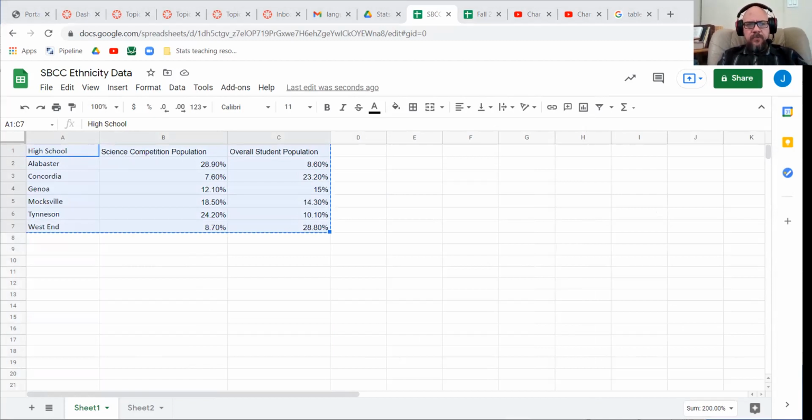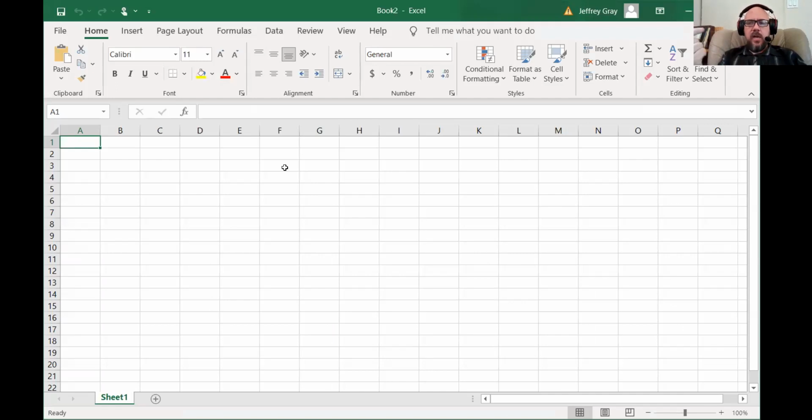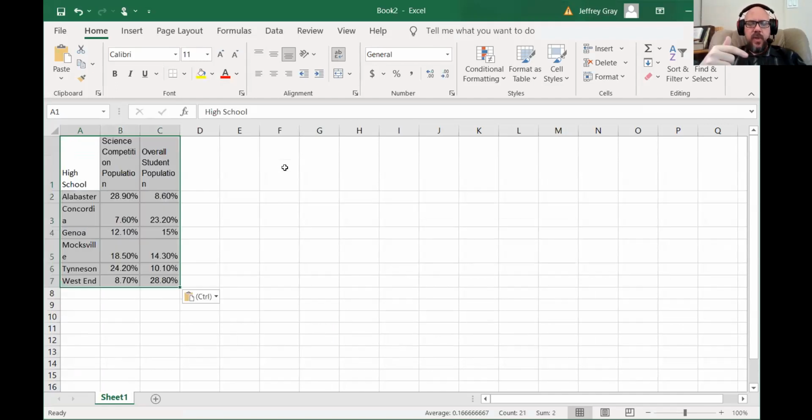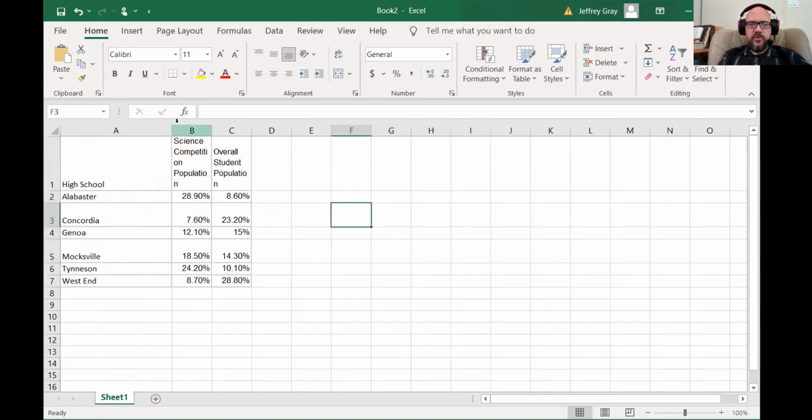That one. And I copied from Sheets. I'm just going to paste in Excel. So right away, you can see that Excel doesn't do a very good job of spacing. It doesn't change your spacing automatically. You have to do it manually if you want it to look nice, which is a little annoying,